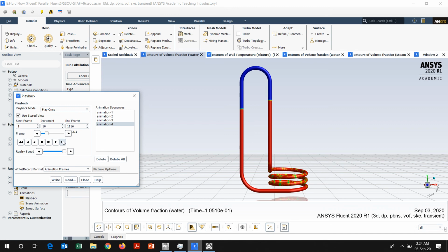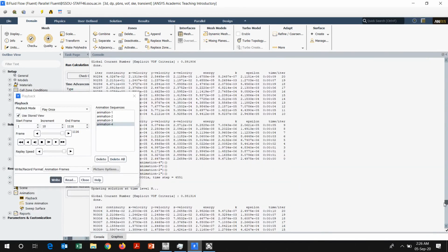Let us come to the last part. You can observe there are 90,500 iterations, and as far as the Courant number is concerned, we will visualize how much it is. The Courant number needs to be maintained at a lower value. At this point you can see somewhere around 0.27, and the flow time is 0.45. That is quite a good development in the flow of fluid taking place through the heat pipe. This is how the animations can be done in a closed loop pulsating heat pipe. Thank you.